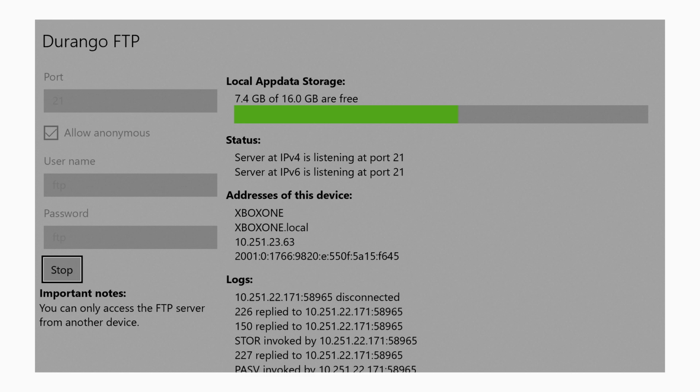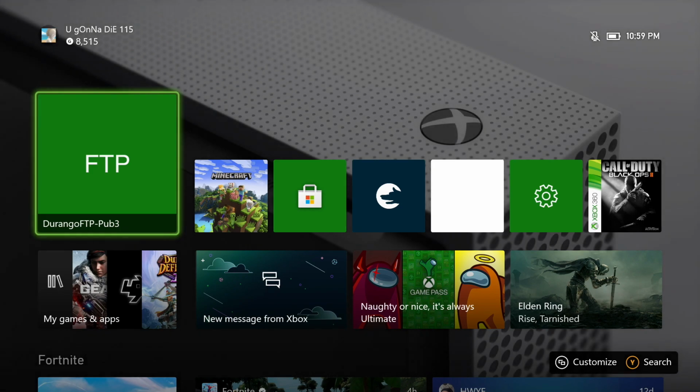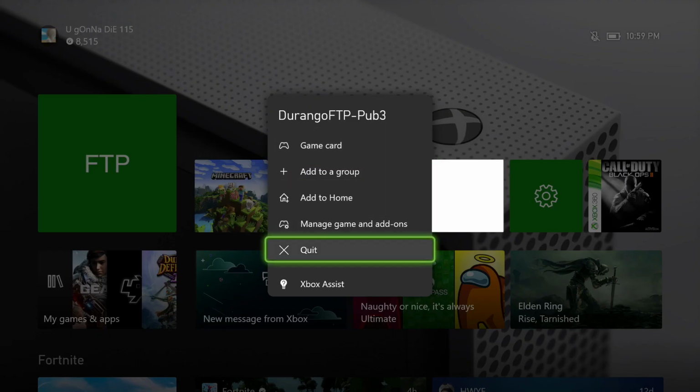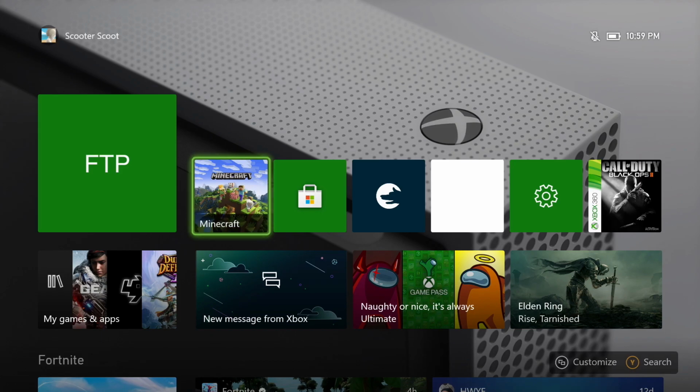So here we are back on the Xbox, and very simple. All you want to do is go to where it says stop down here, and stop your FTP server that we've been running this whole time. Go ahead and completely close out of the FTP app, completely quit it, and start up a fresh Minecraft. Make sure it's a fresh Minecraft: quit out of Minecraft, and start up a completely fresh one